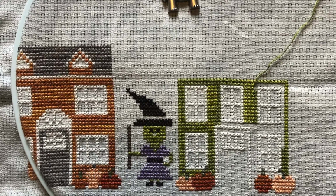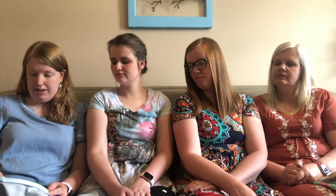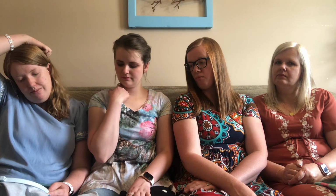I do, yeah. This house, it goes up. It's not flat like the house next to it. It goes up like that, so I've got to do all that green in there. But I like the way it's looking. I think it looks cute. That's adorable. Thanks for doing the witch for me. Yeah. And then I